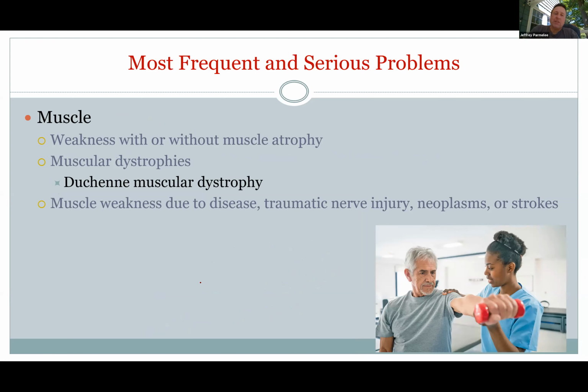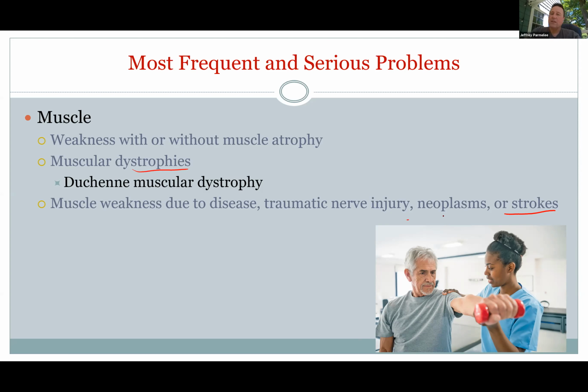And we'll talk about muscular dystrophies. These are pretty rare, but they're genetic conditions where the muscle sadly progressively declines. There are some diseases like this where we have no known cures. Very sad. You could have muscle weakness because of any kind of stroke or spinal cord injury,